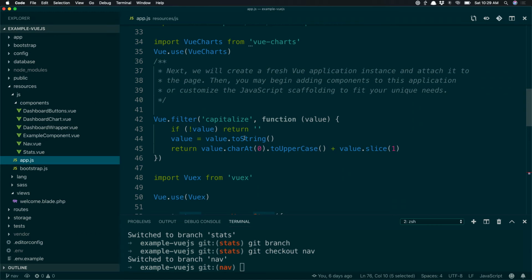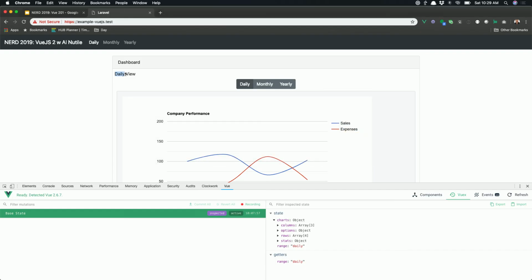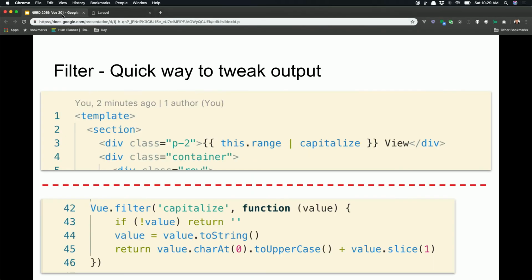Oh, this was a great example. We had this project where they had dates all over the place, and it had to be formatted a certain way. And then, of course, the business changed their mind about the formatting. Well, if they made filters, they would have changed it here, and it would have fixed every date on every single component, right? So filters are a nice way, and it's kind of a side thought, of a nice feature of Vue. It's a nice way to get your data into a state that you want it on the page. All right, back to the Vuex stuff, I think.